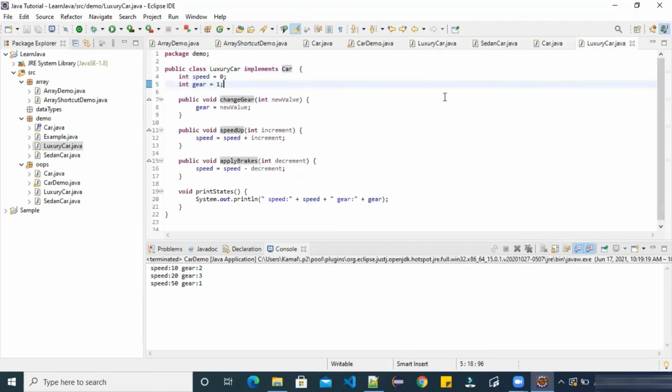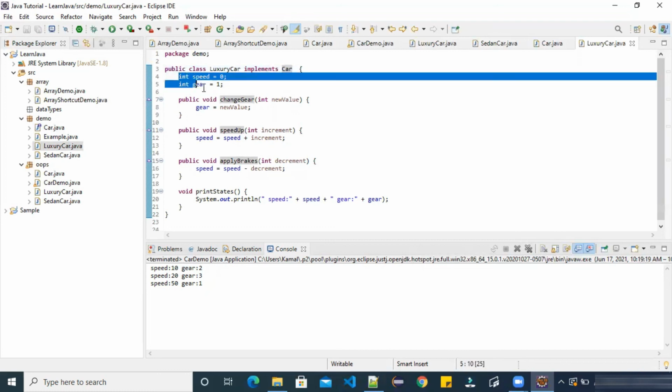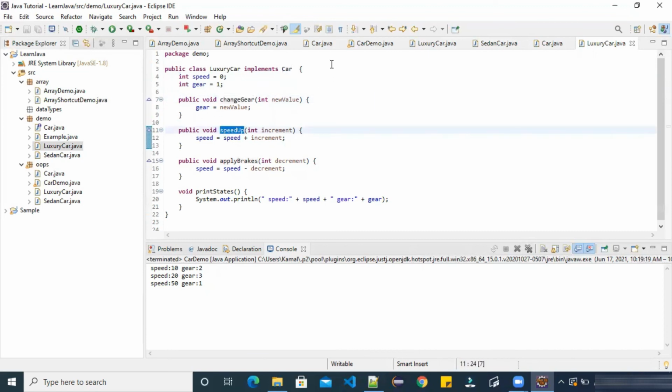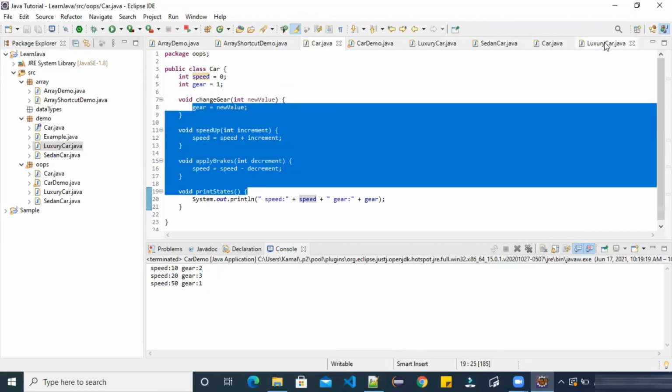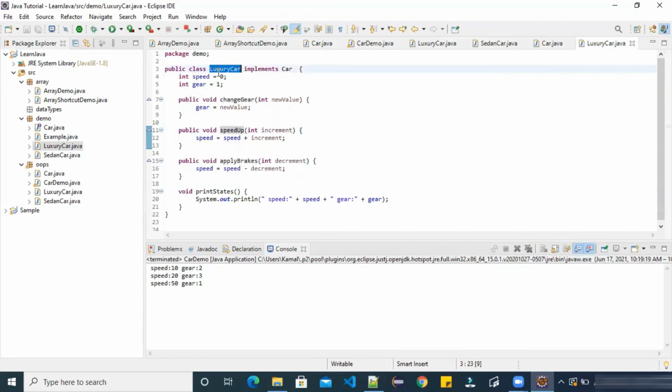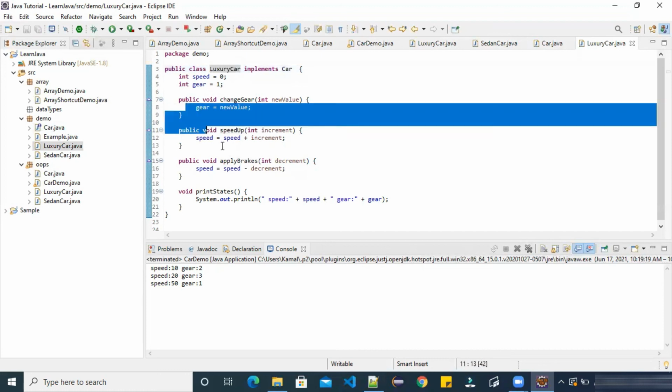Actually the name is the same, so it might be confusing, but implements car, and car, you can hover over this. When you take your mouse over this, you can see demo.car. Demo is our package, and here is this little I over this also. Implements car. We have to define these states here and define these methods. The body which we defined in this blueprint, now in terms of interface, we have to define inside the implementing class, the same code.